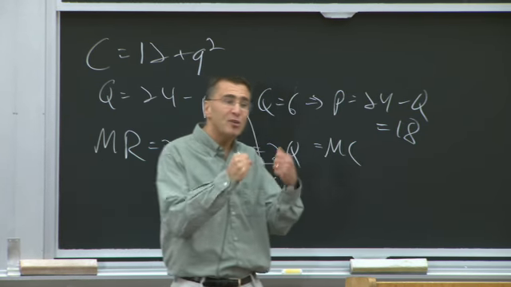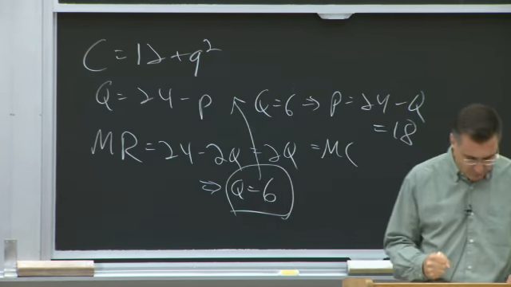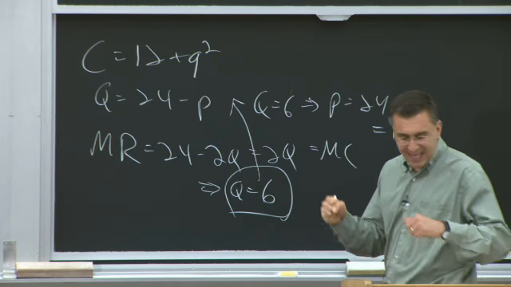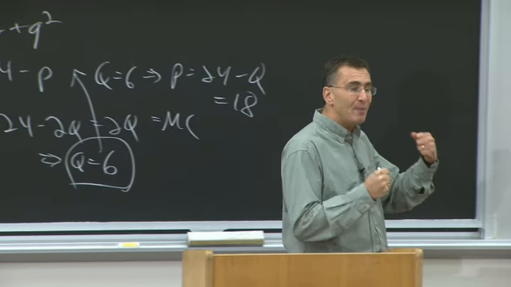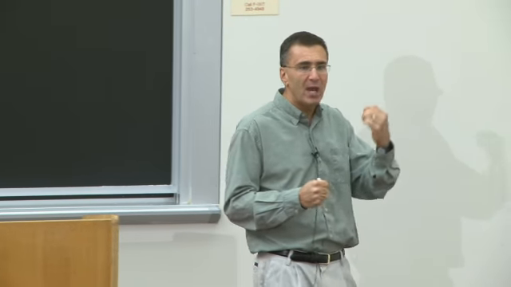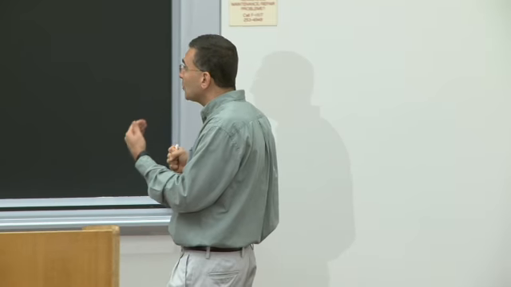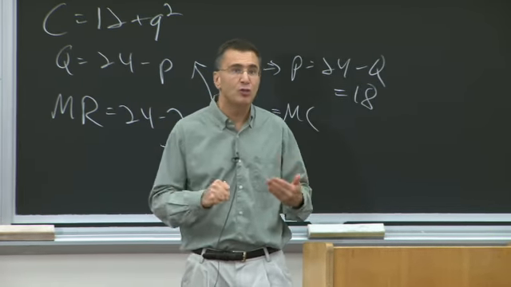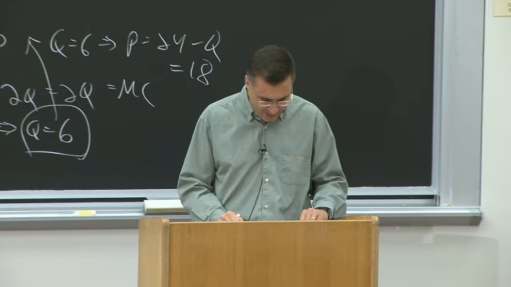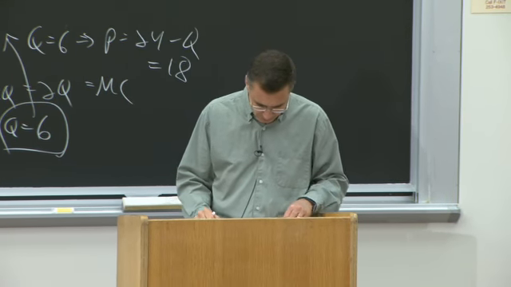So I've got to respect the demand curve. The monopolist has to respect the demand curve. The monopolist picks both price and quantity, but he has to pick them such that you get a point on the demand curve. The way we solve it is the monopolist chooses a quantity to set marginal revenue equal to marginal cost, and then chooses the price that's consistent with demand for that quantity. Okay?